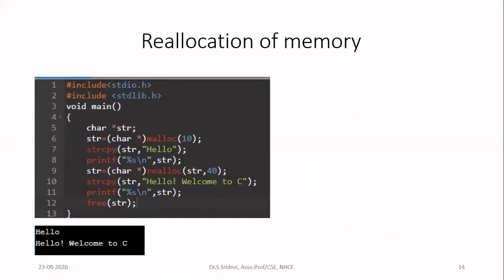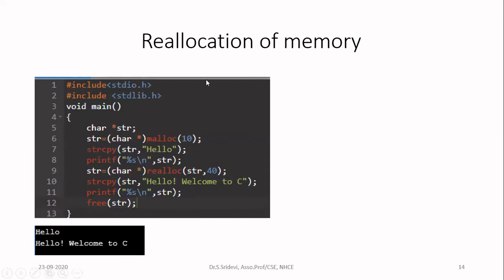Now we will see how to use realloc. As I mentioned already, you cannot use realloc as the first function in your program. First, there must be some memory existing. That memory only, either you are going to increase or decrease. If nothing is existing, you can't make changes. So use realloc either after calloc or after malloc. Don't use it as the first function in your dynamic memory allocation program.